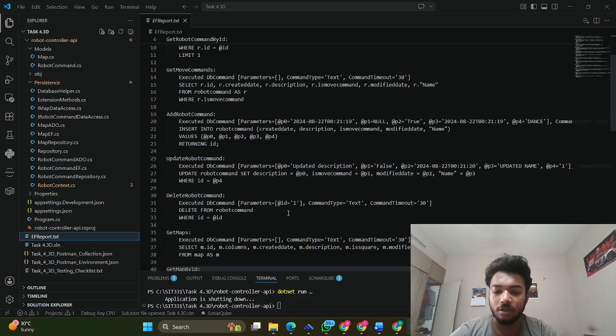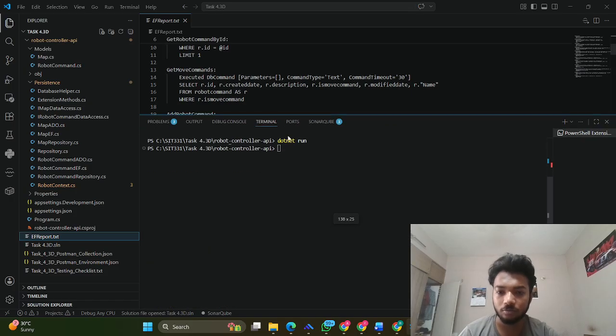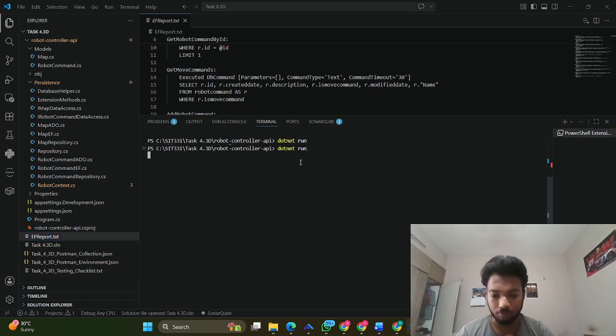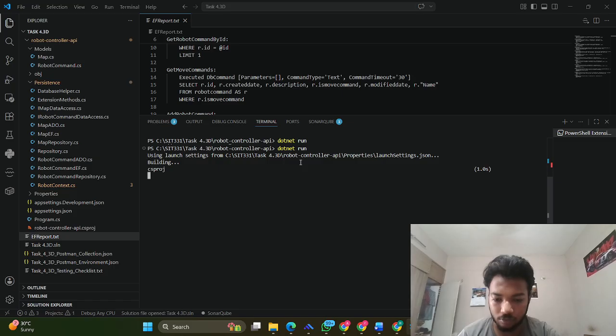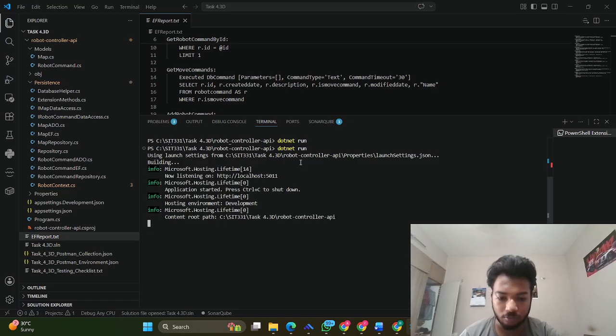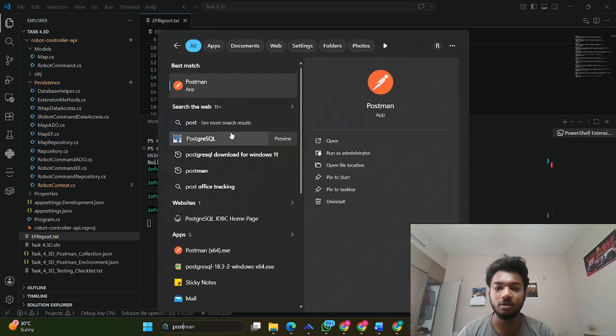Now let's run our program. As our program is running successfully, now we will use Postman to test everything.